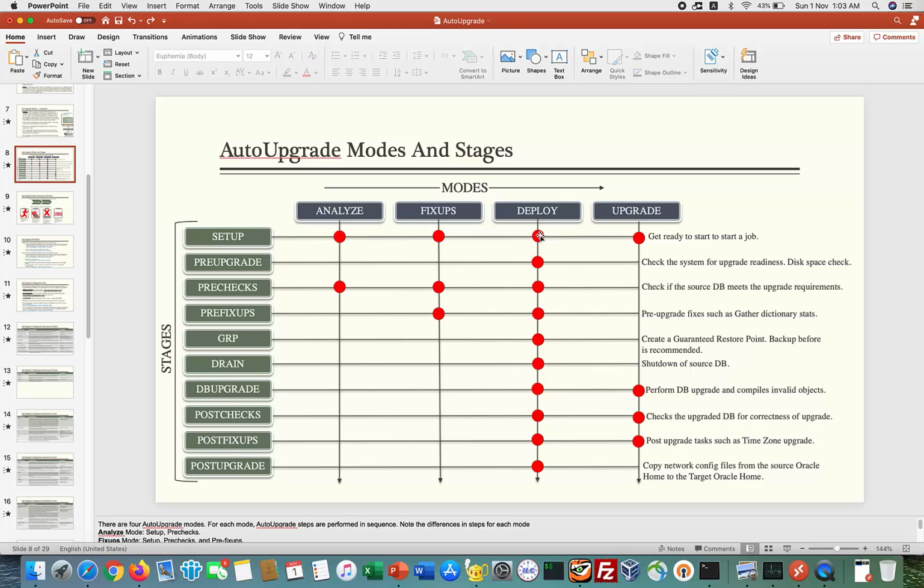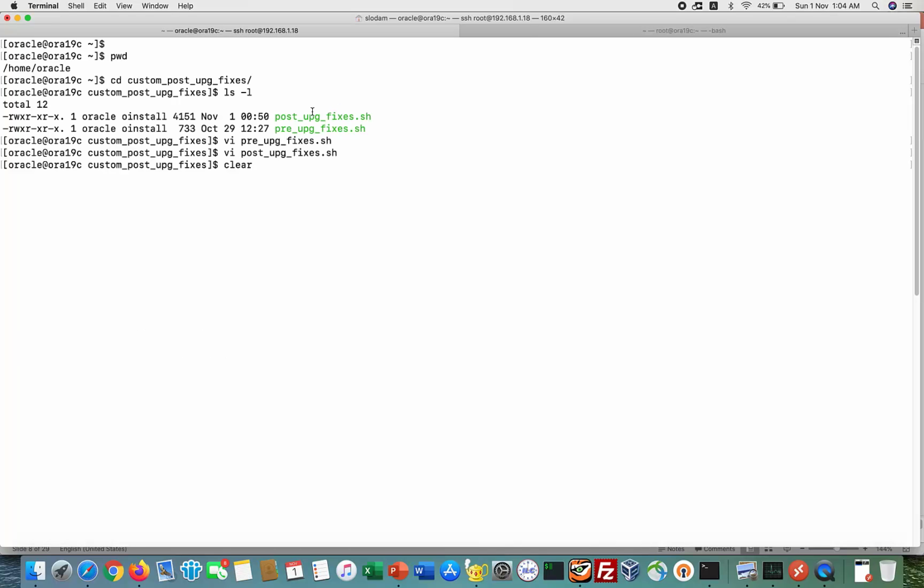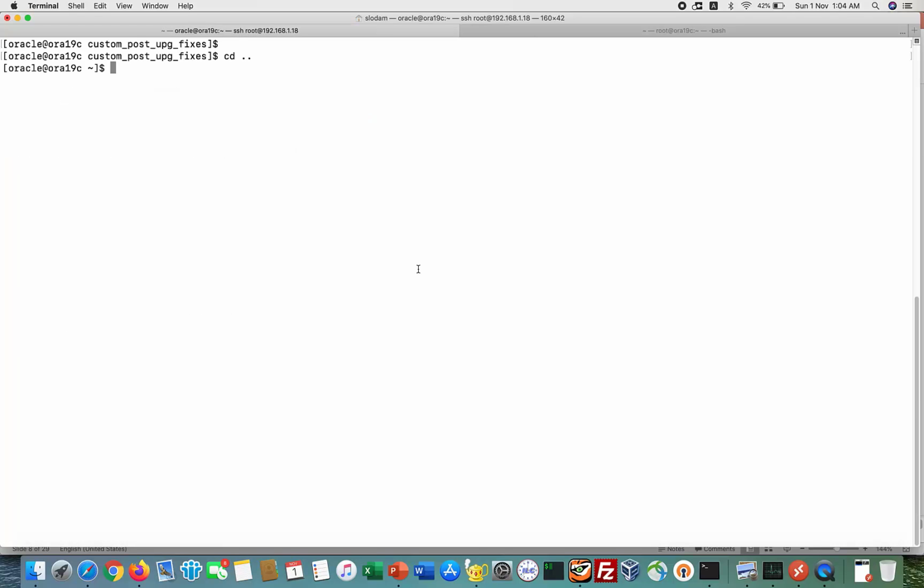covered in deploy. Deploy runs setup, pre-upgrade, pre-checks, pre-fix up, guaranteed restore points, shutting down the database, the drain stage, DB upgrade, post check, post fix up, and post upgrade activities, which includes plugging the database. And once all of it is done, then comes my post script, which I have just shown you, the custom script at the end of everything, post upgrade fixes.sh, and all that has been enabled via my auto upgrade UPG